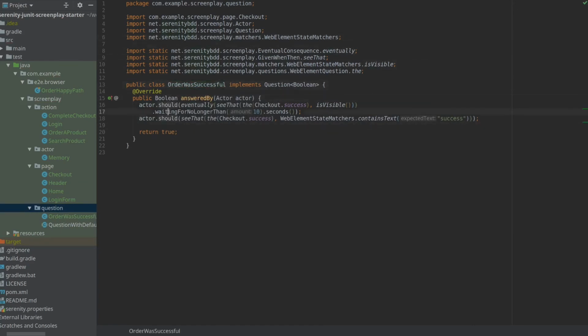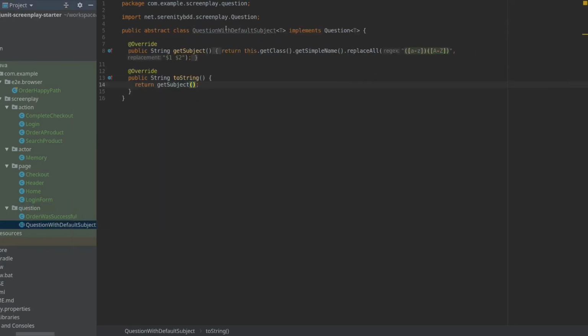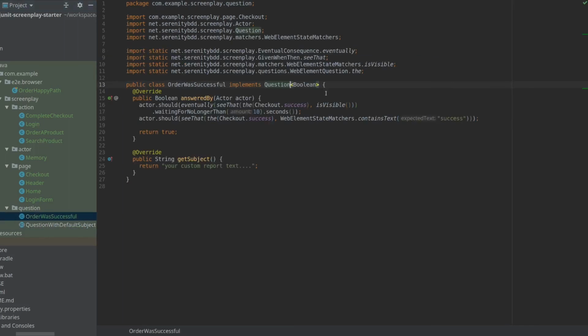To have questions show up in the report correctly, we need to state the subject of the question. I usually just derive the text from the class name. That's why I extend a question with default subject here.